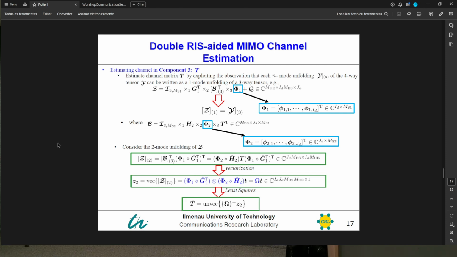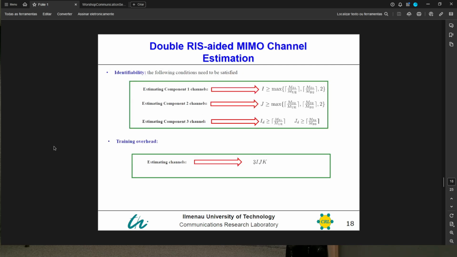Then to estimate the T, we simply use the least square scheme here to estimate the T, and then this is the vec of the answer, the output, to give us the channel matrix T. So successfully we have estimated the required channels, the G1, G2, H1, H2, and then the channel matrix T. Then next we look at the identifiability